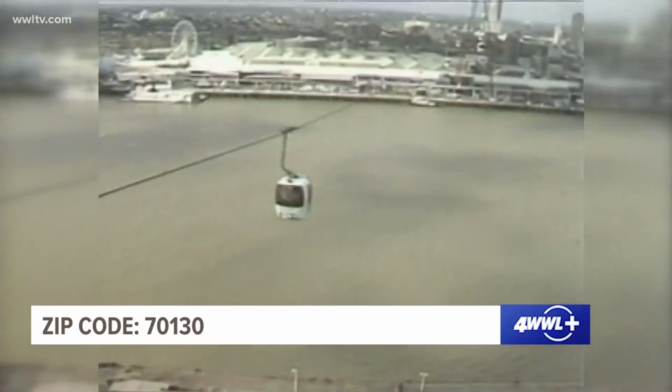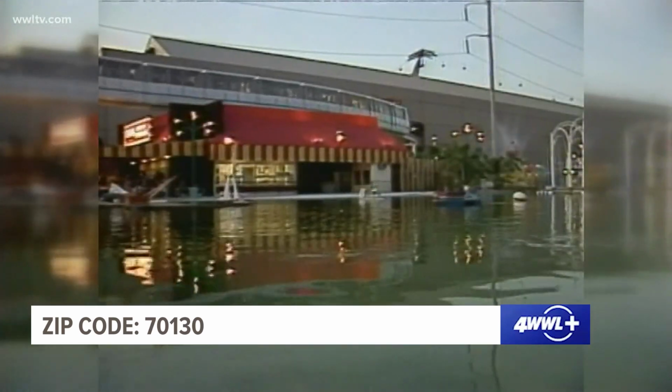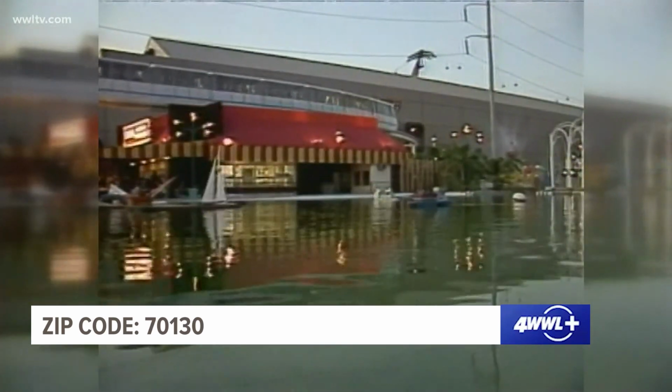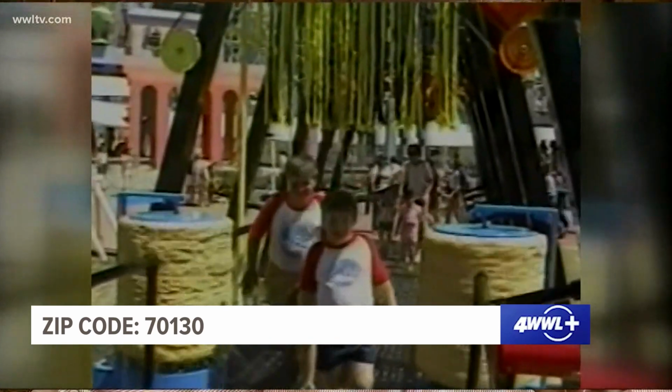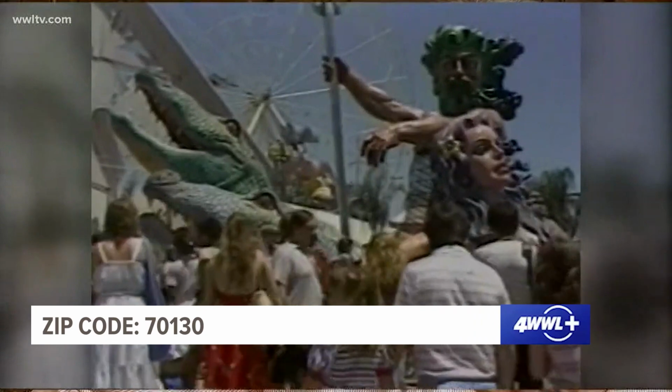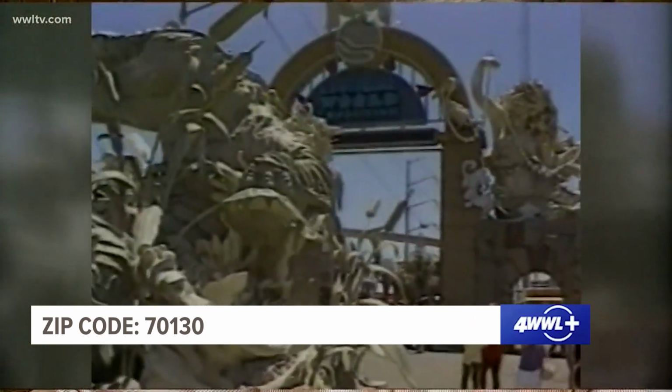So there was a silver lining, despite the World's Fair being a flop financially. Historical importance is we developed a neighborhood, and during that oil and gas recession in the late 80s, it was really the only thing that was happening in the city. And then it spread to the central business district where you are. It spread to Canal Street. It spread to the riverfront, and so we were able to participate in the building of one of the great